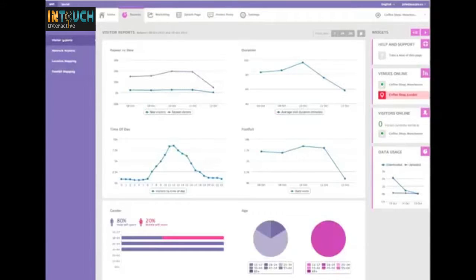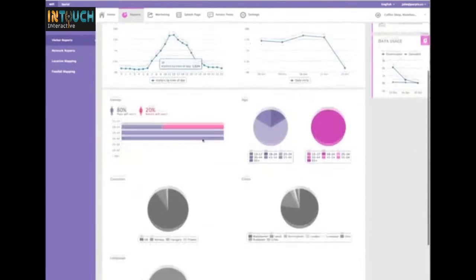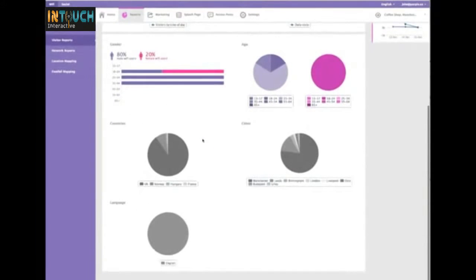the top half here, is based around presence analytics. It's the ability to scan the background for Wi-Fi enabled devices. So you'll see here as an example on repeat versus new, the number of repeat visitors is a large number because that's the Wi-Fi enabled devices. We do take outliers out, such as those only seen for a couple of seconds, and that can be amended depending on the venue. There are a number of reports here around duration, time of day patterns, footfall, and the